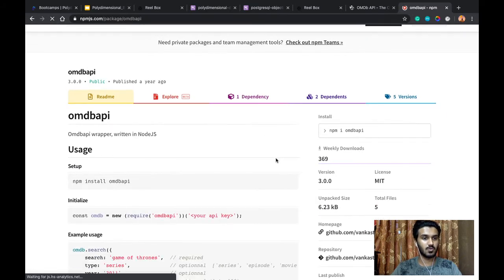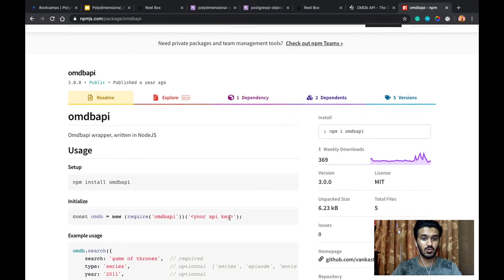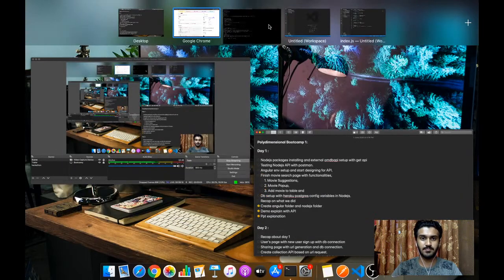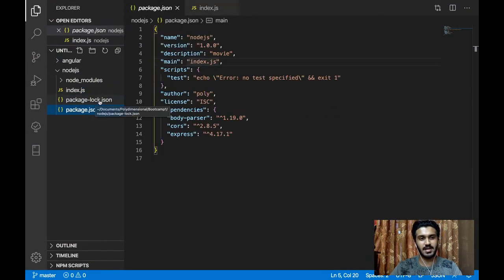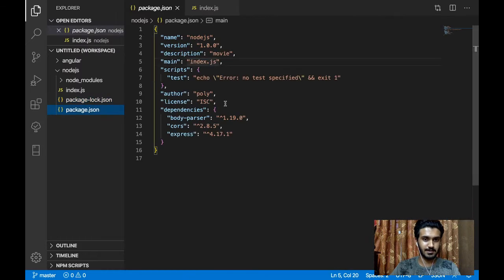Now you can see how to install the OMDB API here, and how to use your OMDB API inside your Node.js will be given clearly, and I hope it's finished. And you can see the changes here. See, package.json and package-lock.json will be created. It will instruct how the repositories are fetched, and see the packages which are installed here: body-parser, cors, and express. Okay, now we are going to add